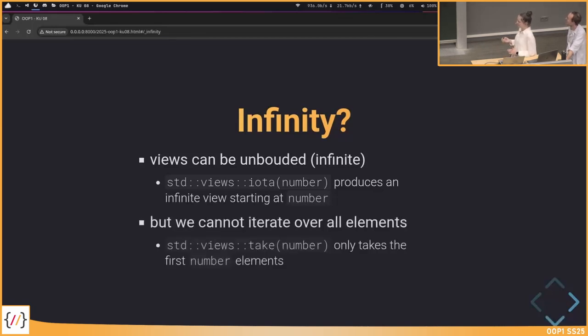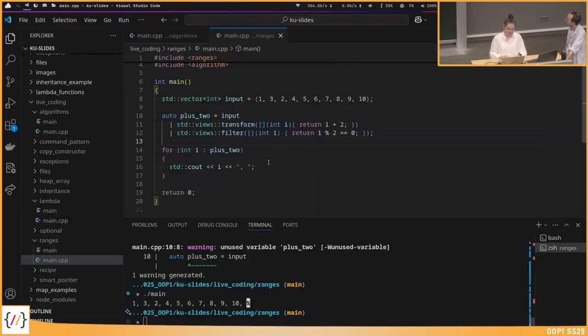But of course, if we have this view, we cannot iterate over all these elements. So with this take here, we can specify a number of elements we want to get out of this view. Maybe just try this. Instead of using this input here,